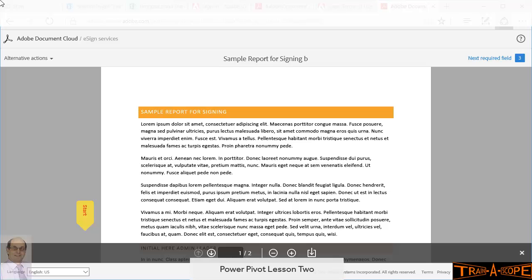Now, the connection there with SharePoint, really the only connection, is we initially uploaded a PDF into SharePoint to see how that worked. There's no real integration. At the end, you would be needing to make sure you download that copy of the document with the audit trail into your SharePoint library, so you've got that perhaps as a record. You could declare it as a record and keep it longer term. So very, very useful,